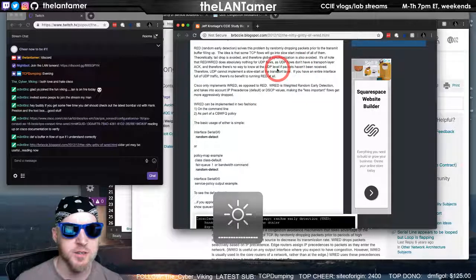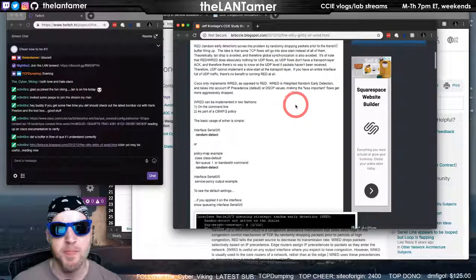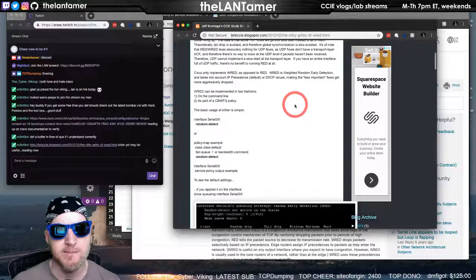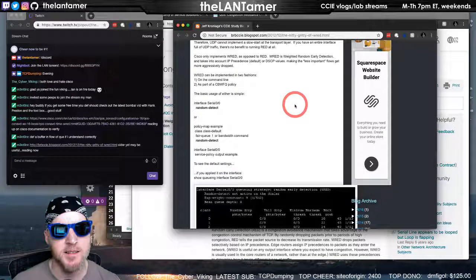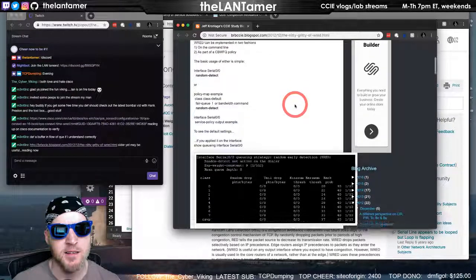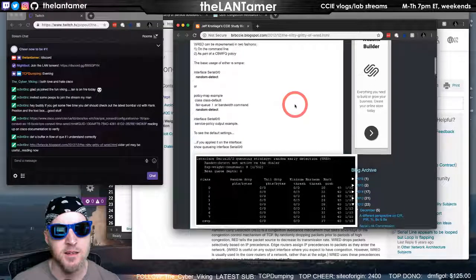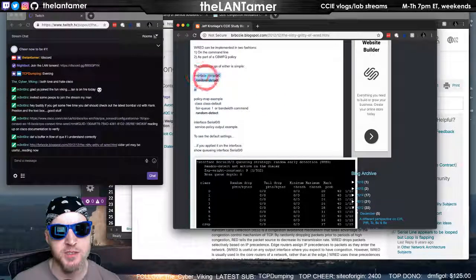It does absolutely nothing for UDP flows. Very true. Yeah, you can put it right on the interface.